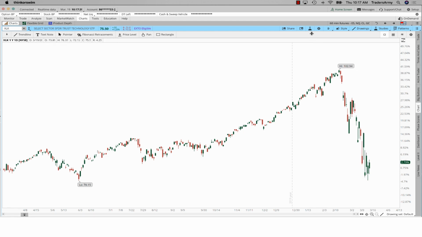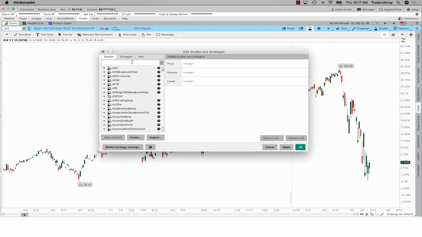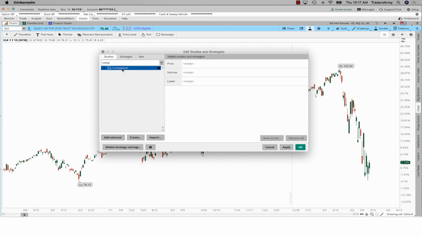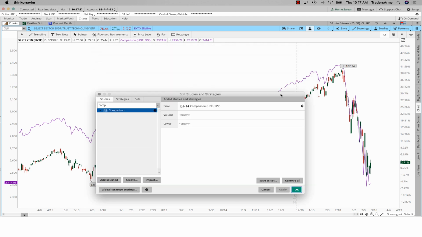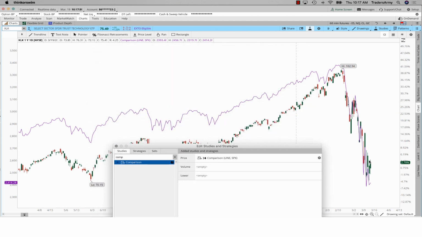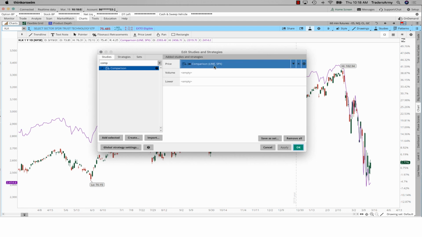Next thing we're going to do is go up into this beaker here, and this beaker is where we can left click on that button and open up and edit or add studies. So the study we're going to add is called a comparison study, and I just typed in comp and it brought up the only thing that starts with comp. And when you add that selected comparison and hit apply, what's going to show up is a purple line right on top of your price chart here. Well, what is that purple line? Well, that purple line is the line chart, so it's the daily close line chart of the S&P 500 index,